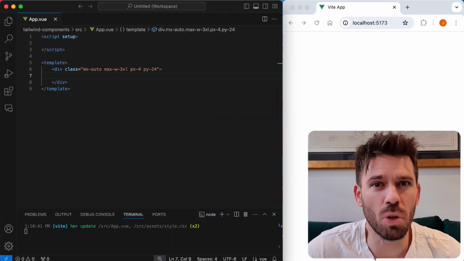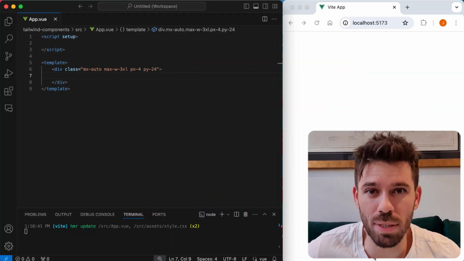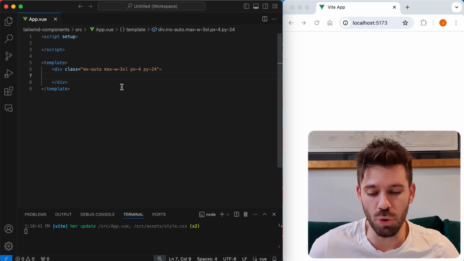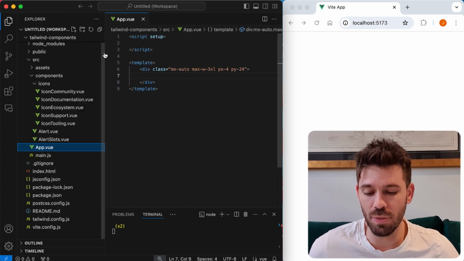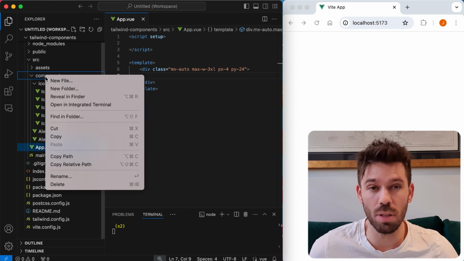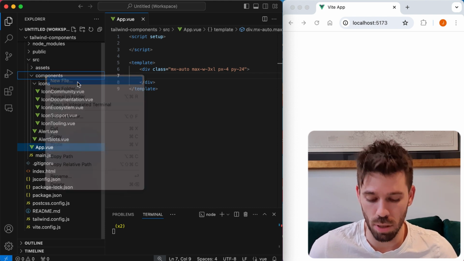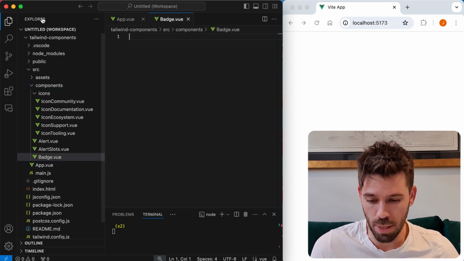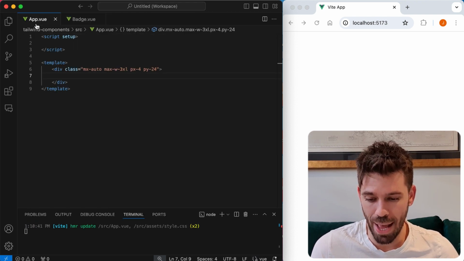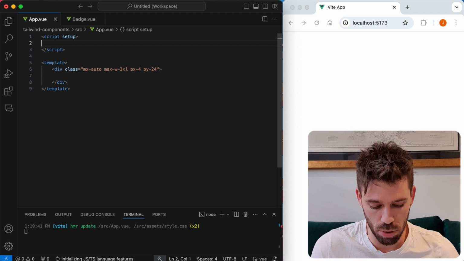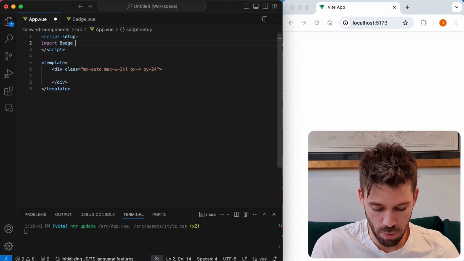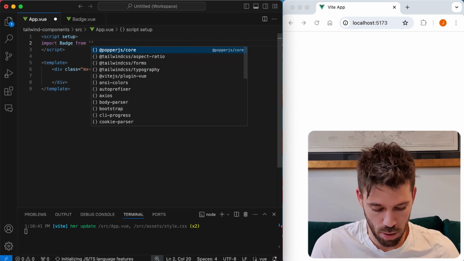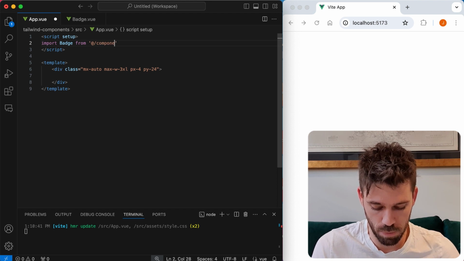Making a badge component in Vue JS using Tailwind CSS. Really easy to do. All we need to do, first things first, is create a new component called badge in our components folder. Let's do that. Badge.vue. We can now minimize that and go to our app.vue, and we're going to import badge from components